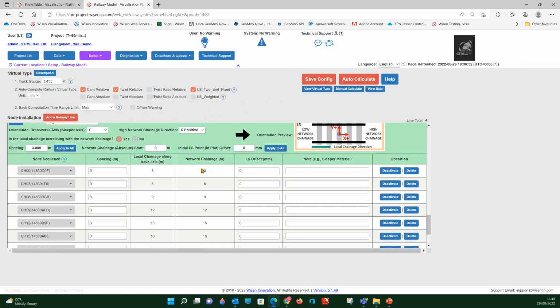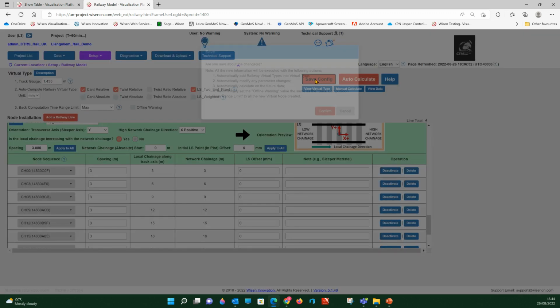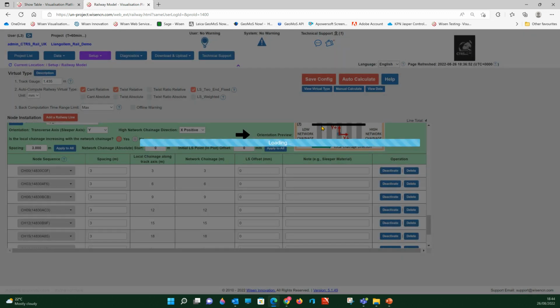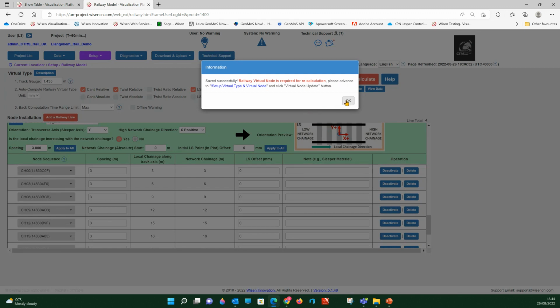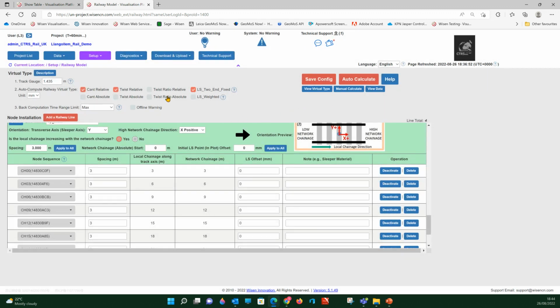And I've finished the setup of that railway line. So I'm just going to press save because I'm happy with everything I've done. Press confirm. Now, in essence, I have finished this process, but if you have not nulled nodes, and as I mentioned earlier,